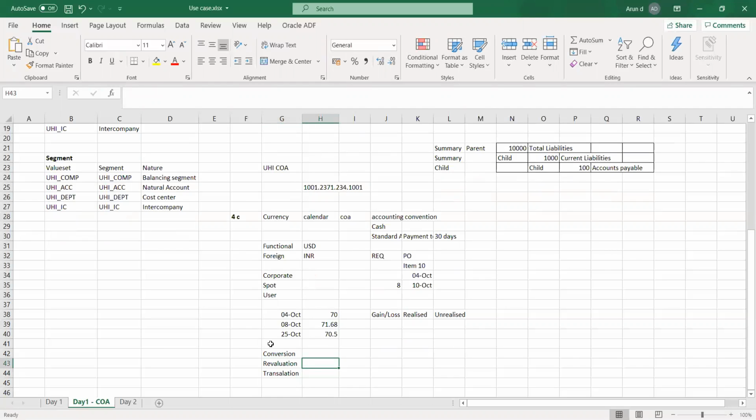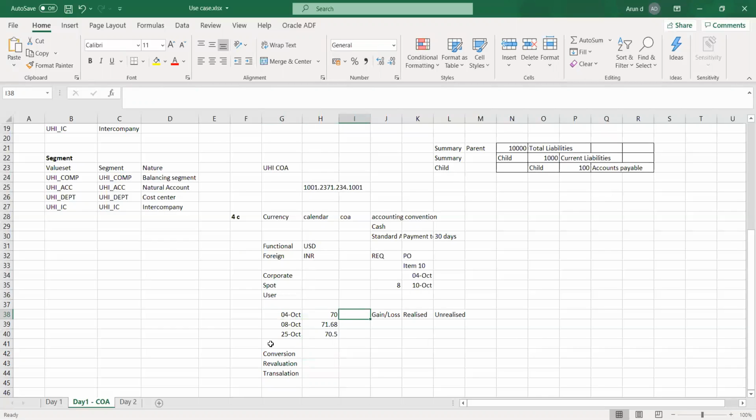Revaluation is nothing but revaluing our accounts or the currency balances on a given period for the balance sheet accounts. If we are calculating this, based on our calculation the system will generate journal entries, which will state whether this is a profit or loss. In our case, let's consider our currency value at the end of the period is 70 rupees. In this case, if you see for the 4th of October transaction, this is